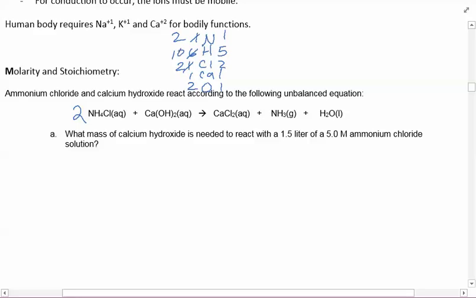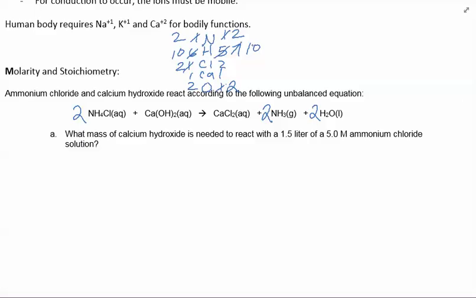Okay, so let's do oxygen. So it'll give me 2 oxygens, and that changes my hydrogen to 4 plus 3, which is 7. Almost there. And we'll do nitrogen, and then hydrogen should be balanced. So I have 6 plus 4, which is 10. So it's a little trickier to balance, but